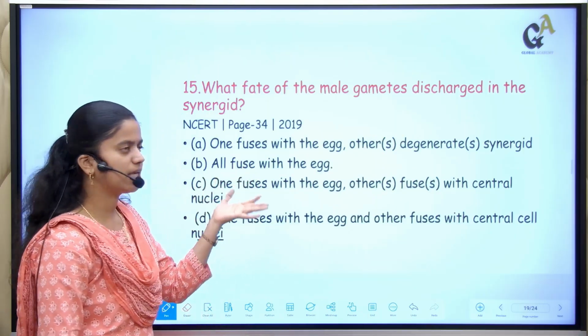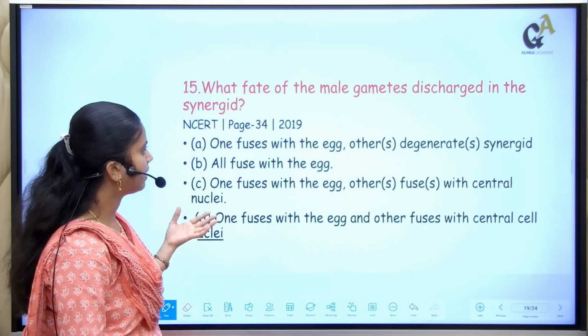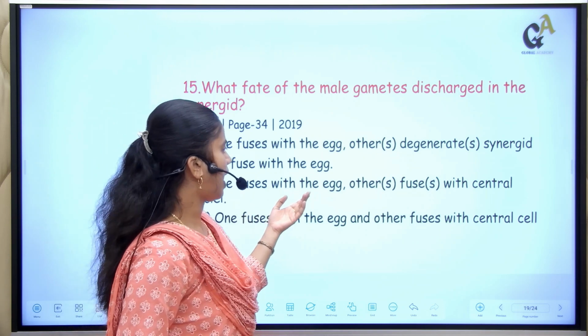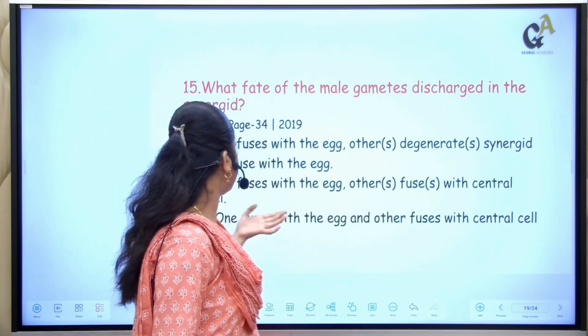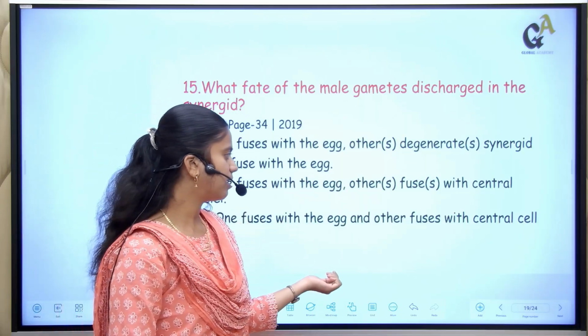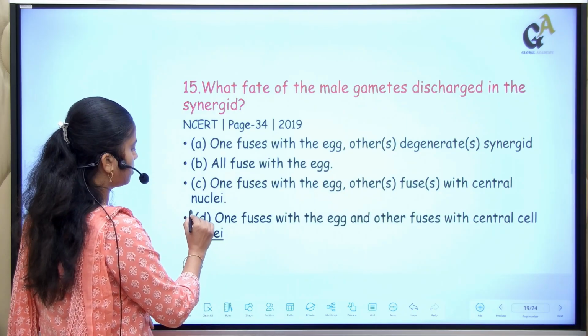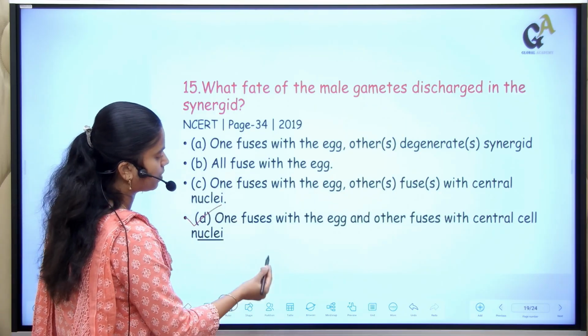One fuses with the egg and the other degenerates synergid. All fuses with the egg. One fuses with the egg, the other fuses with central nuclei. Option D is one fuses with the egg and the other fuses with the central nuclei. So students, here option D is correct, because